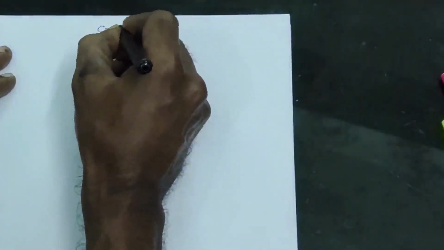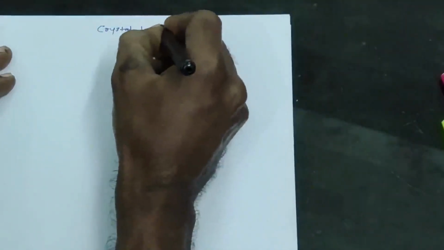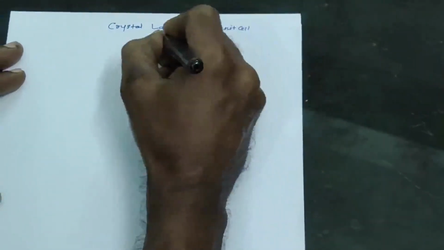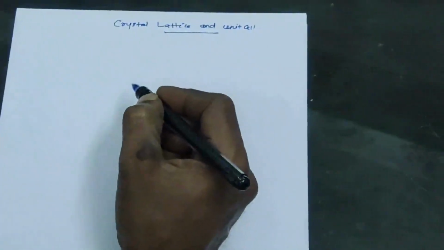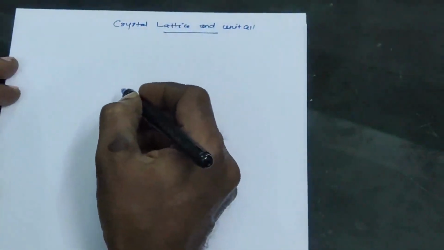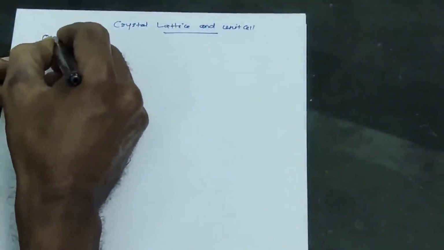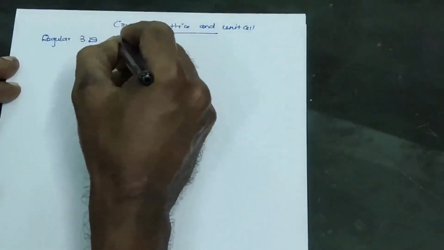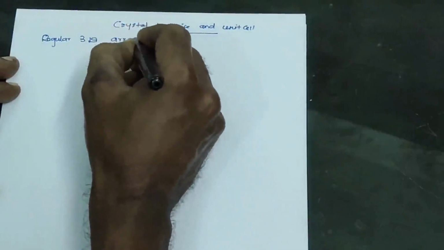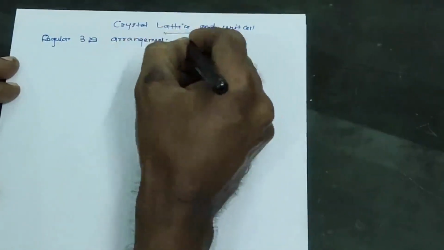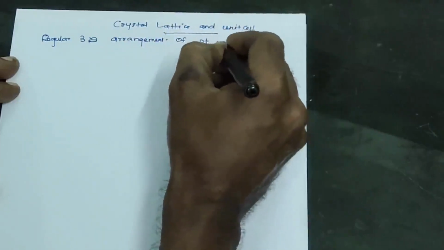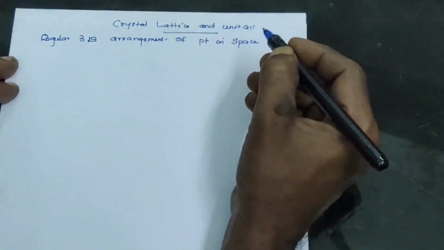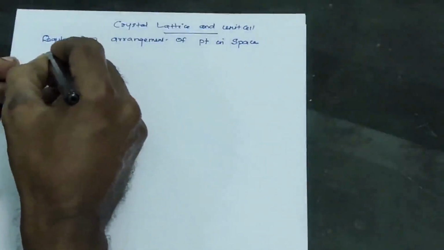Crystal lattice and unit cell. A regular three-dimensional arrangement of points in space is called a crystal lattice. Then the unit cell is the smallest,